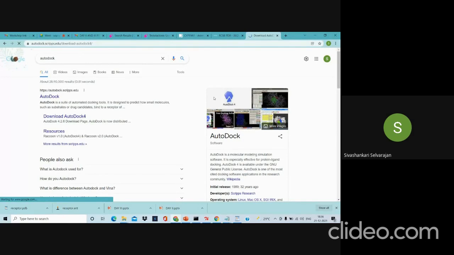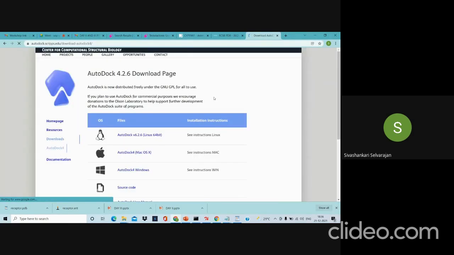So both of them are free, and whatever activities that we are doing can be published also. Whatever docking we are doing with Autodoc is acceptable for publication also. So whichever version of operating system you are having, depending upon that, you can download the software. We can directly download and install it, and after installing you will have the file